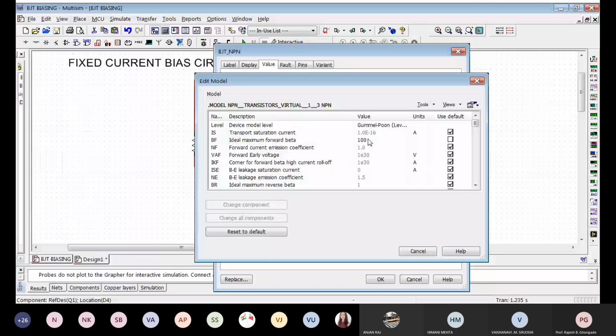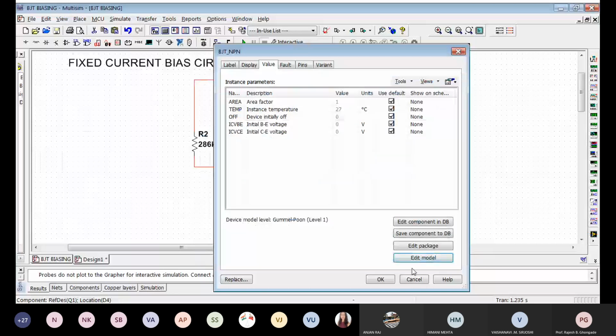You can directly double click over here and change the value of beta. Let us say if I want to change the beta to 50, I can simply click outside and then click on this button called Change Component. So with that, your beta will be 50. Currently, I'm going to keep it as the given value, that is 100. So beta is 100. Okay, nothing else to change here.